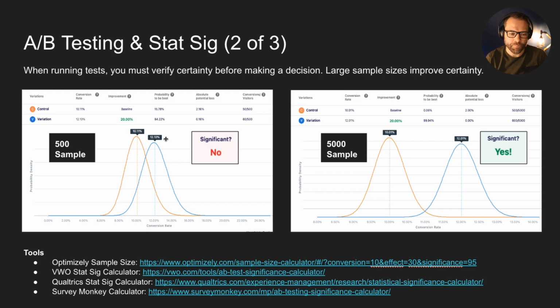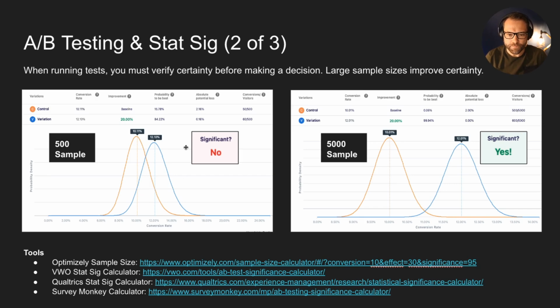So as you can see here, the 500 sample here, in this case, with a baseline conversion rate of 10% is not statistically significant. And what that means is you would not have a high degree of certainty of whether or not that variant is actually winning because there's too much noise in the data. You don't have enough separation or enough positive affirmations to say that, yes, that is a winner. And what's useful in the visualization is the overlapping curves is what tells you where you have an uncertainty. And specifically, because there's a large area under the curve that's overlapping here, that is essentially your uncertainty. You can't say with a high degree of confidence that that one's winning or not, because it is in fact